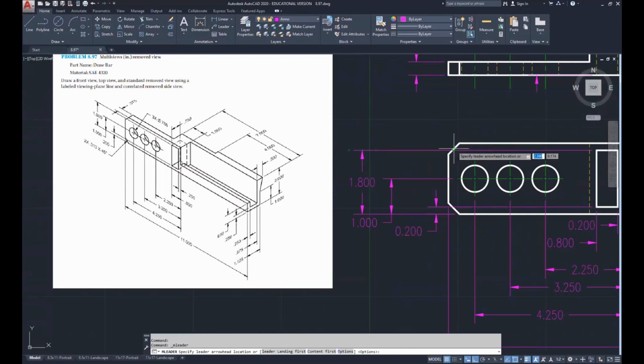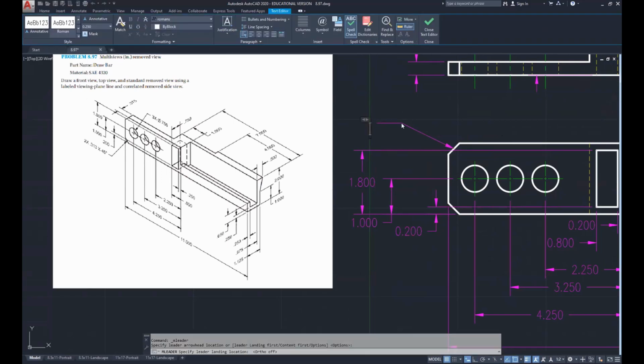I'm going to go ahead and place it on the midpoint of this, and I'm going to turn ortho off for this. One of the few cases where ortho just becomes annoying. Then I'm going to go ahead and type in the text